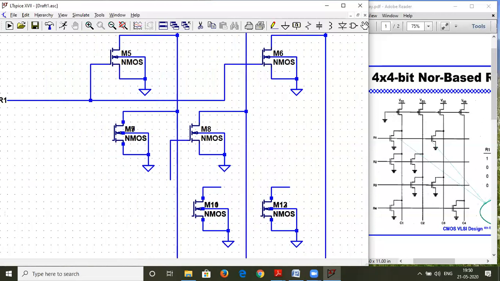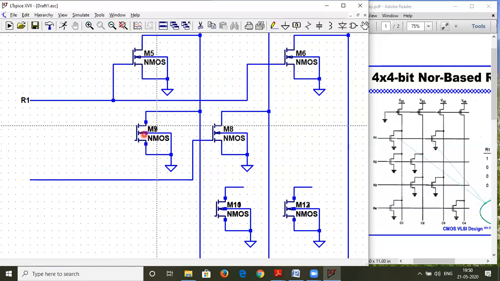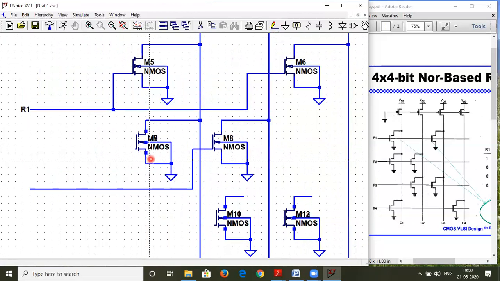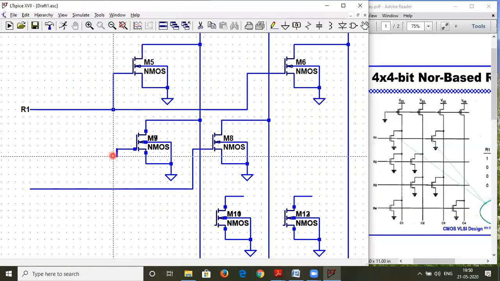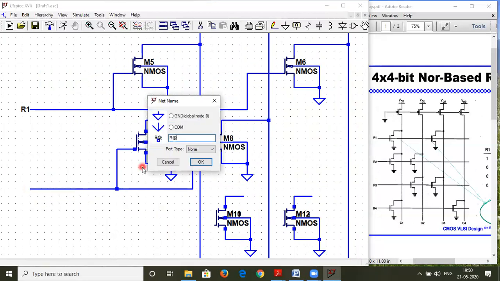Okay, let me extend this out over here. Yeah. So now I'll connect a wire from here to here. And let me call this R2. So this is my second row.